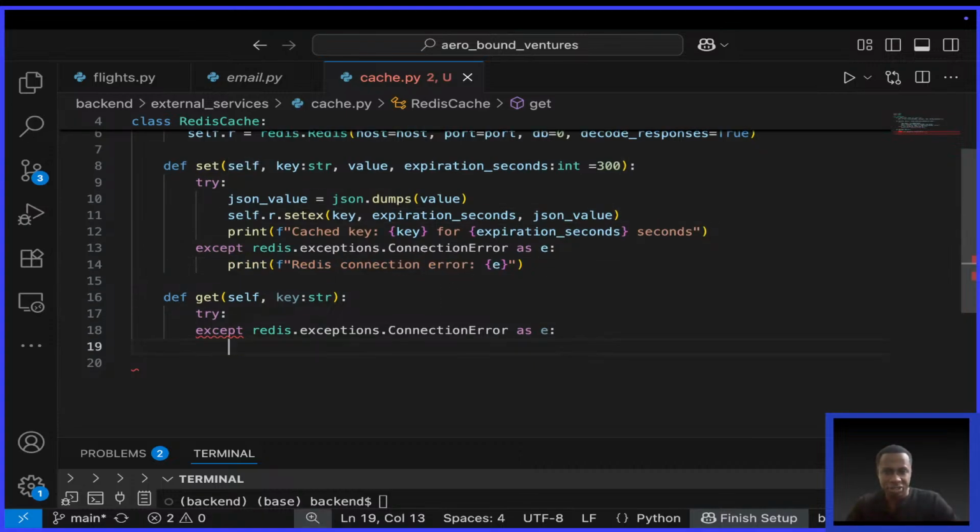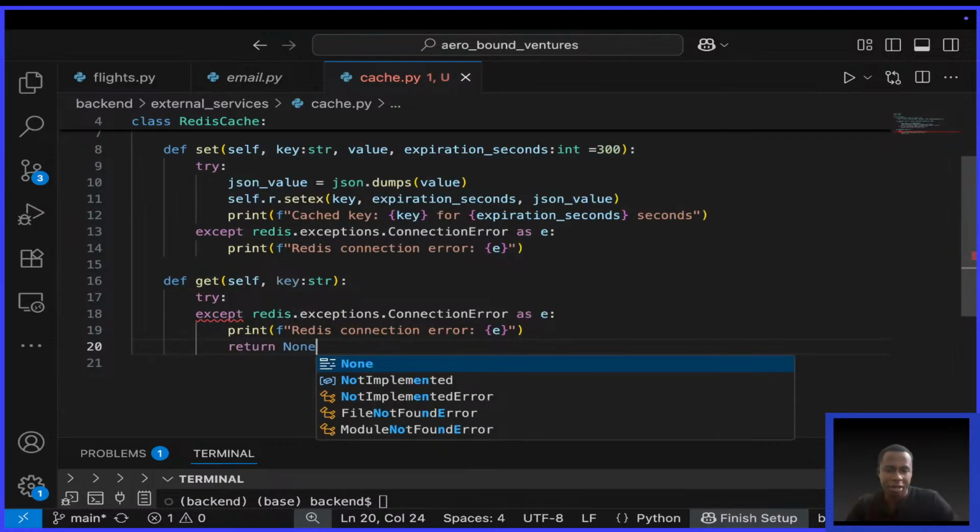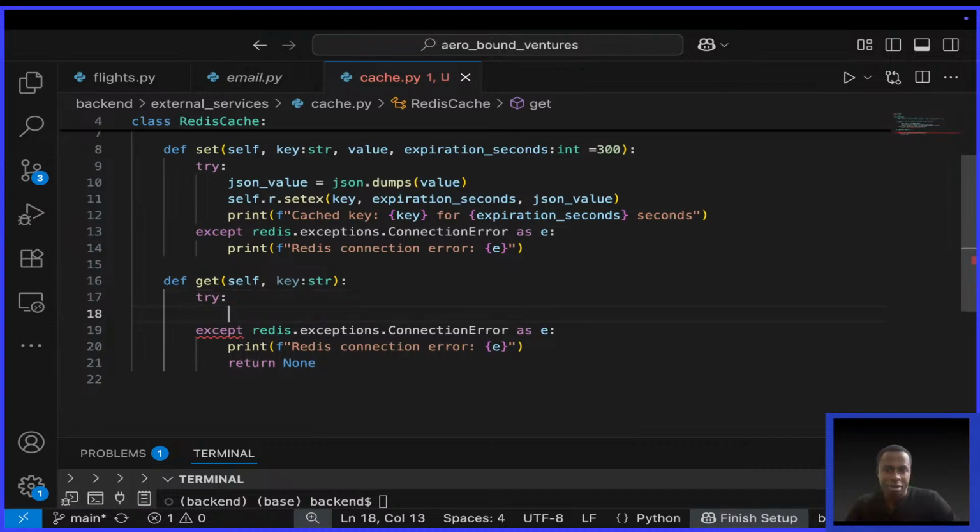In case there's an error, we simply print a message saying the error is an error, and of course, because there's an error and we are getting something by default, if there's nothing to get and an error has happened, we simply return none. Okay, but then right here, I have to first of all get